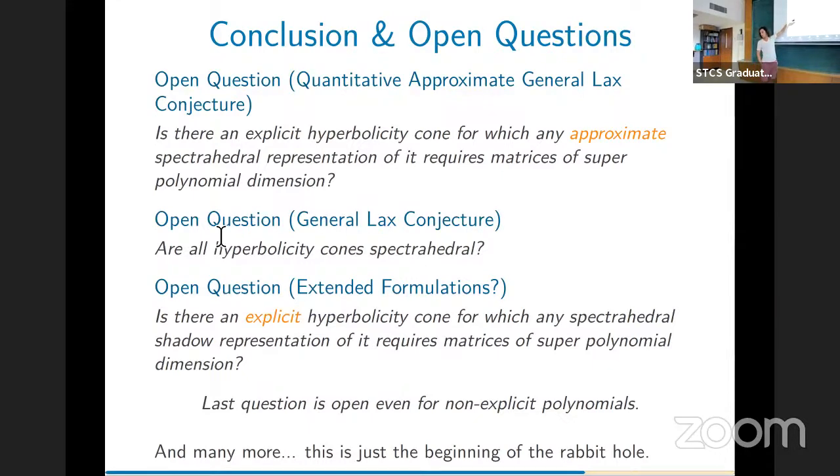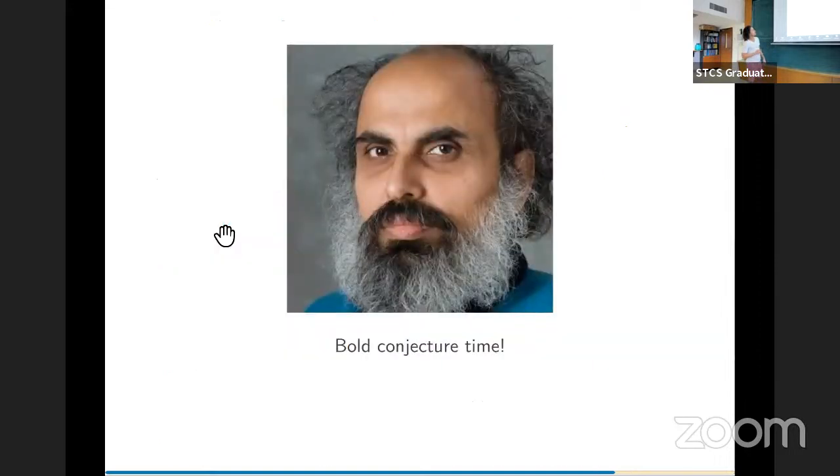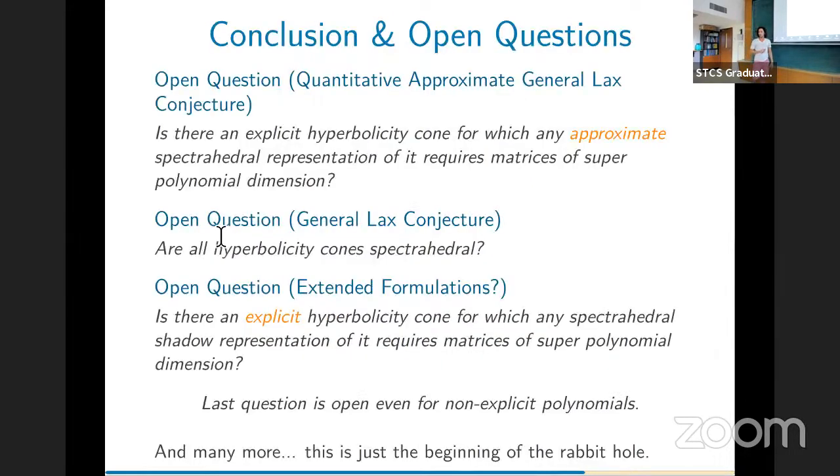Okay, so the work that I mentioned does not work for spectrahedral shadows. Okay, and there are many more questions there. I mean, you can just pull out everything that the optimization people want, and you make an algebraic question out of it, right? So there are many more of these. So yeah, it's both conjecture time.